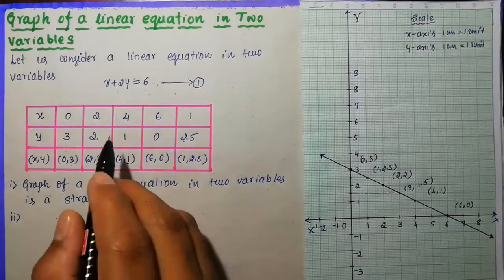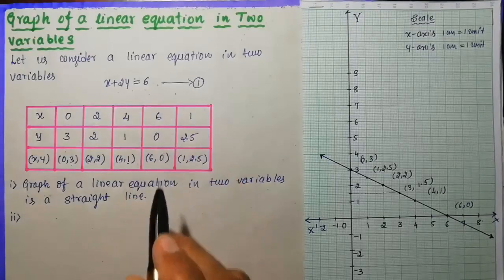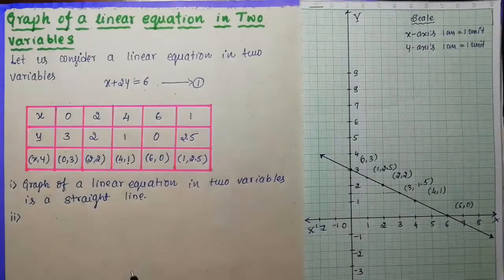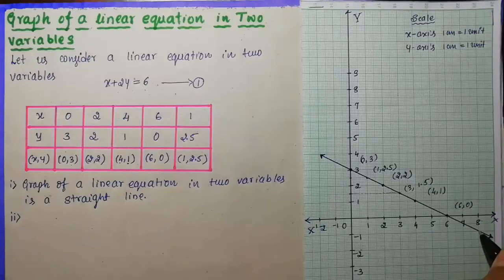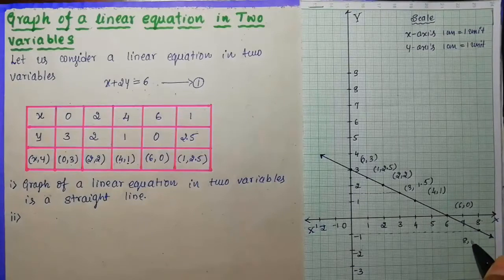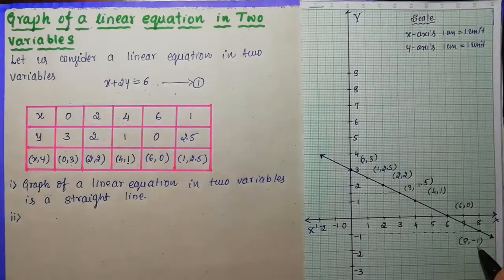In the same sense, I have not taken x is equal to 8 actually. Now look at here, I'm going to give you, if x is equal to 8, what will be the value of y. I'm not going to calculate this theoretically, just by looking at the graph. Now look at here, x is equal to 8. Where this line meets the straight line at this point, this point corresponds actually to -1. So this is 8 comma -1. So if you place x is equal to 8, definitely you will get y is equal to -1, and you can verify this also.